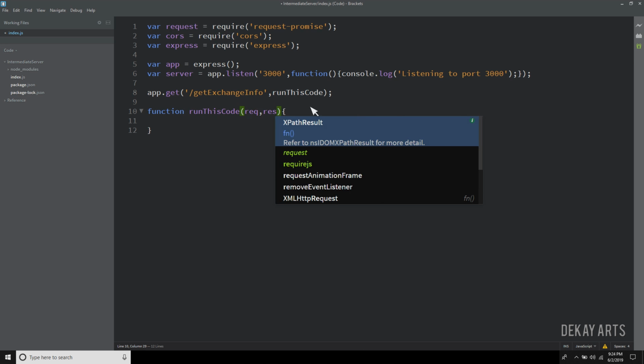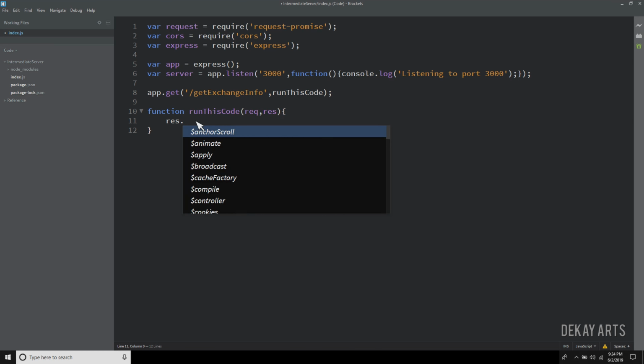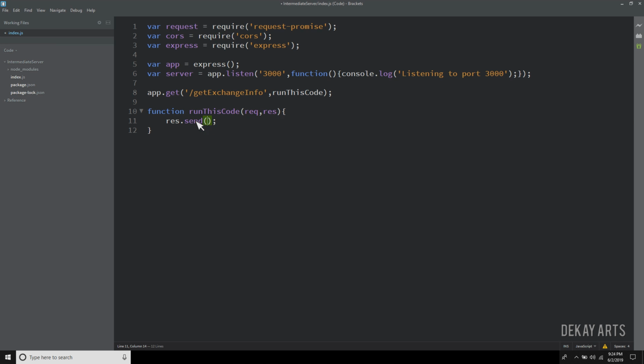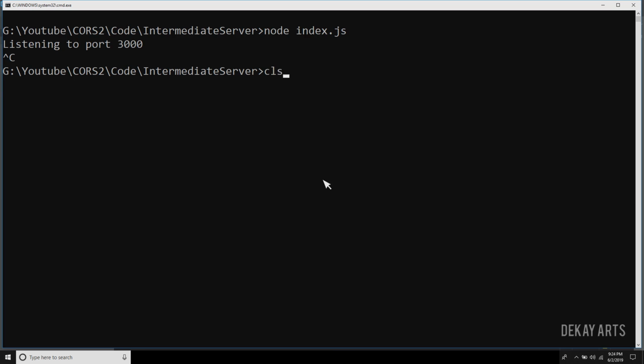REQ and RES. And then it's response.send, received request, whatever. I just want to send this response whenever someone calls this. Let's see if this works or not. Whenever we send a request to this path, this function module gets executed, and in this function module we're returning this response. Response.send means that we are returning this text message back to the client. Let's start the server again and see if this works or not.